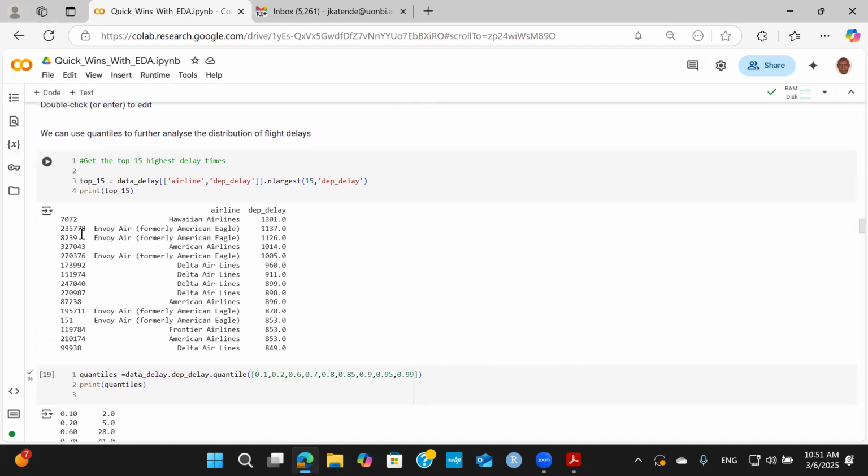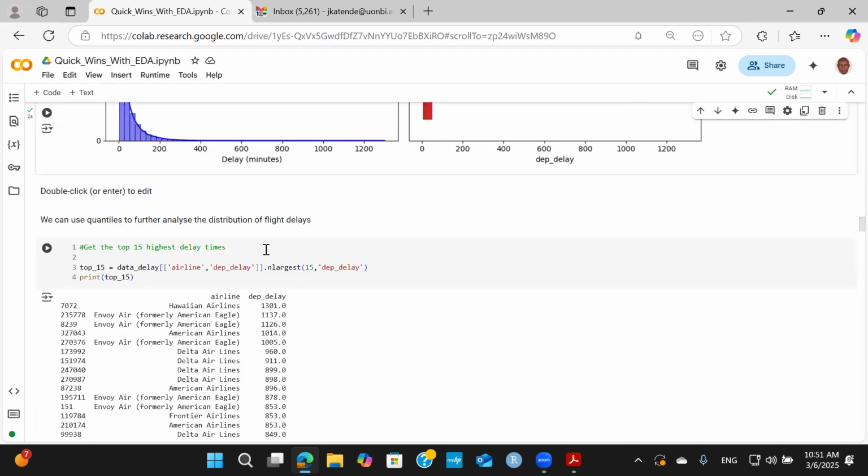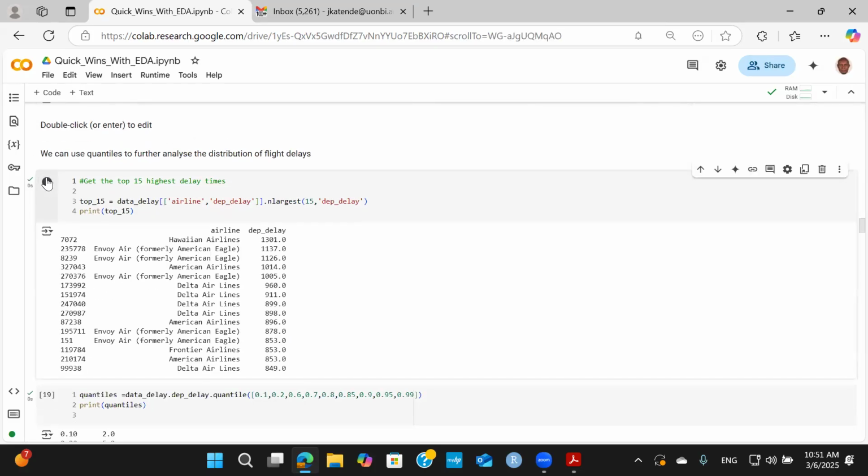So we can also just extract the top 15 delays if you want to see the extreme values and where they belong. So we have listed the airline. You can add more variables if you wish to get more information, but I picked only 2 variables, the airline and the departure delay. Then we've listed the top 15